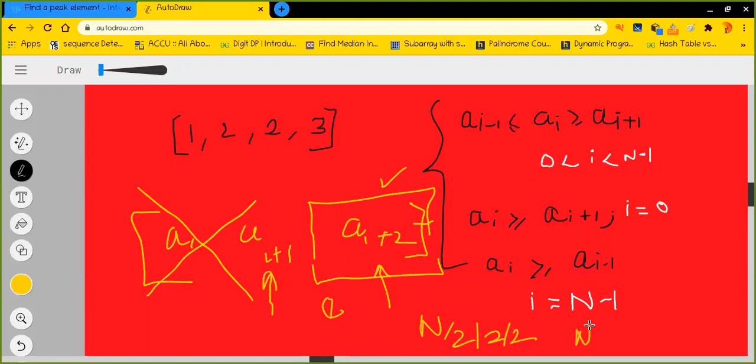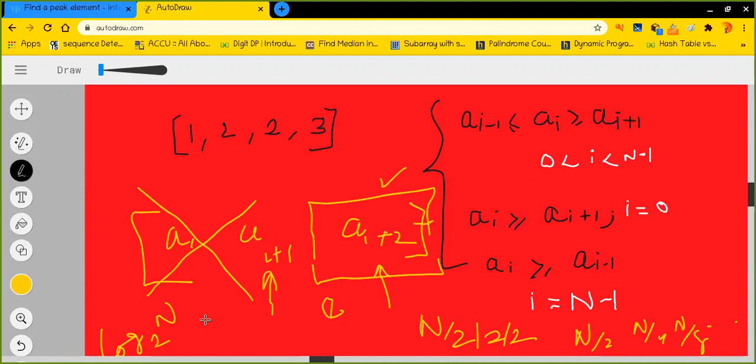So I end up with n by 2, n by 4, n by 8, and so on and so forth until I find the peak element. So this solution has a time complexity of order of log n base 2. Why base 2? Because in each iteration I have to divide the segment by 2, and I have to jump to one of the segments.